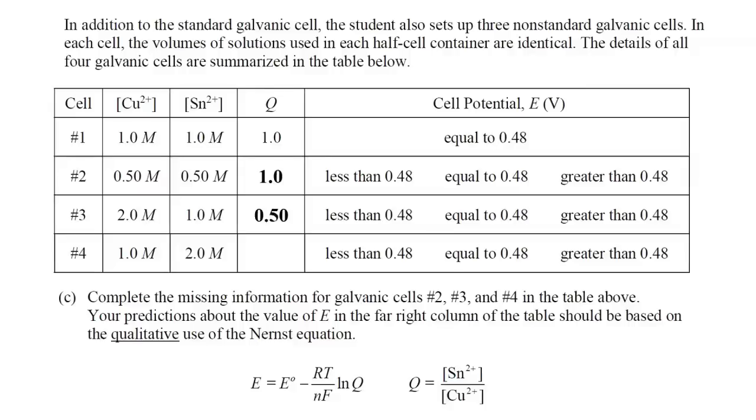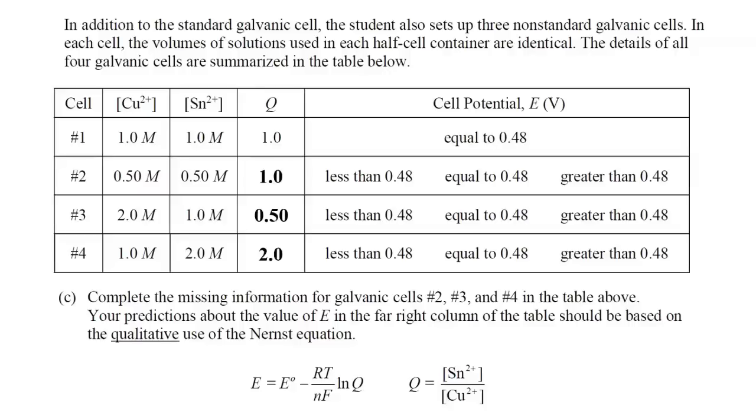So the reaction quotient Q would equal 1 over 2, or 0.5. And then for cell number 4, it's going to be 2 divided by 1. So concentration of tin divided by concentration of copper, so 2 over 1 is 2. Now I have the value of Q. I have to complete the rest of the missing information by choosing what the cell potential is going to be